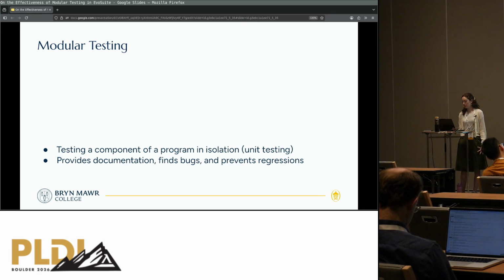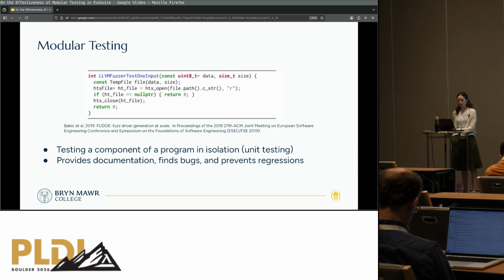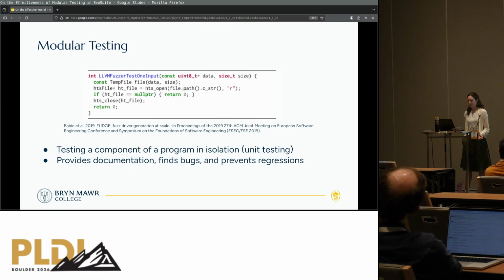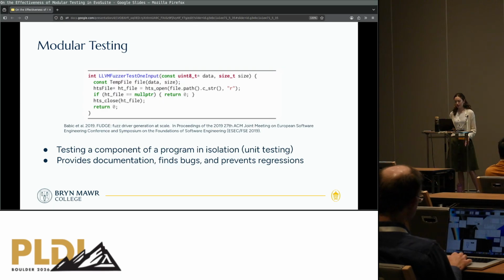So for C programs, automated testing of a particular method typically requires a harness or a driver. This example shows a fuzz driver for htslib, which is a C library for handling genome sequencing data. The driver takes the data parameters from a testing tool and sets up the program state before invoking the